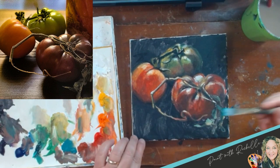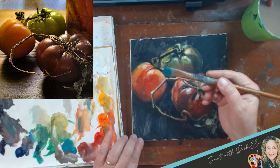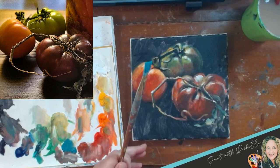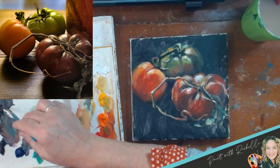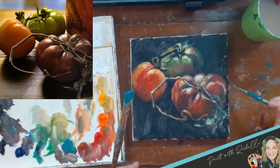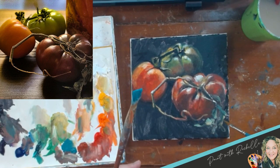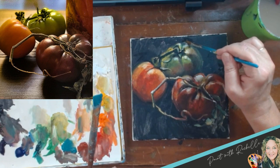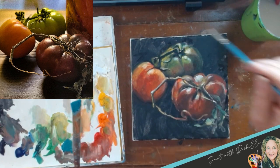And so I am going to take this yummy color right here. And again, I've got my big brush. So I've got black in all around these shapes. I'd like to put a little bit more black right there. And there's a reason for that. It's because when we do this effect, this cool effect that you will love,